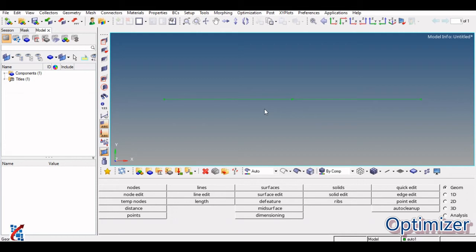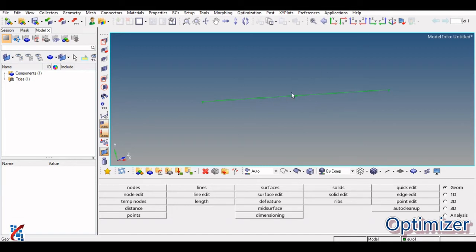If you want to pan it, pan means if you want to just relocate it, you need to click on control and right click mouse. Control plus right click is for pan. Now control plus left click is for rotate. Control plus left click is useful for rotation of the object. And last one is control plus scroll up down, it is for zoom in and zoom out. So control right click is for pan, control left click is for rotate, and control plus scroll up down is for zoom in, zoom out.